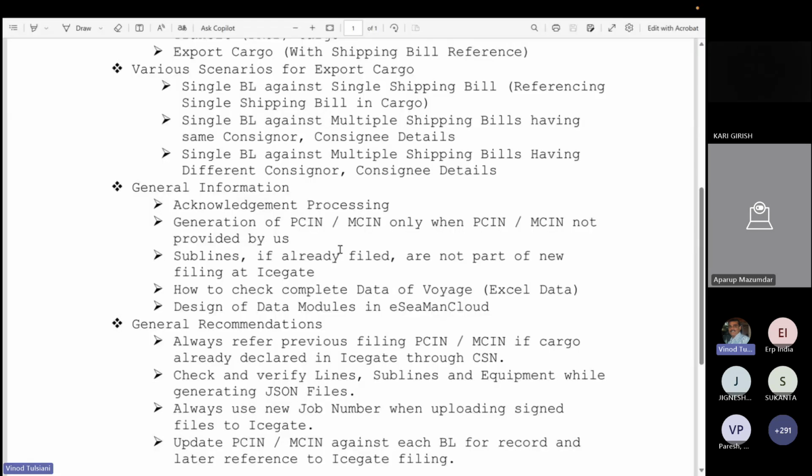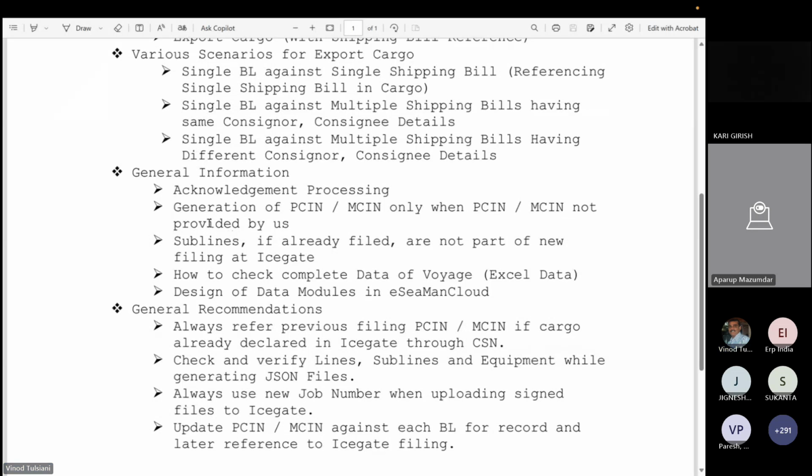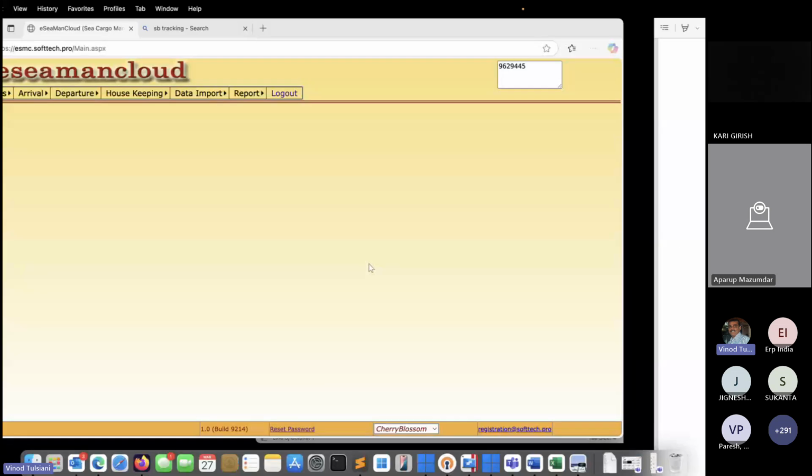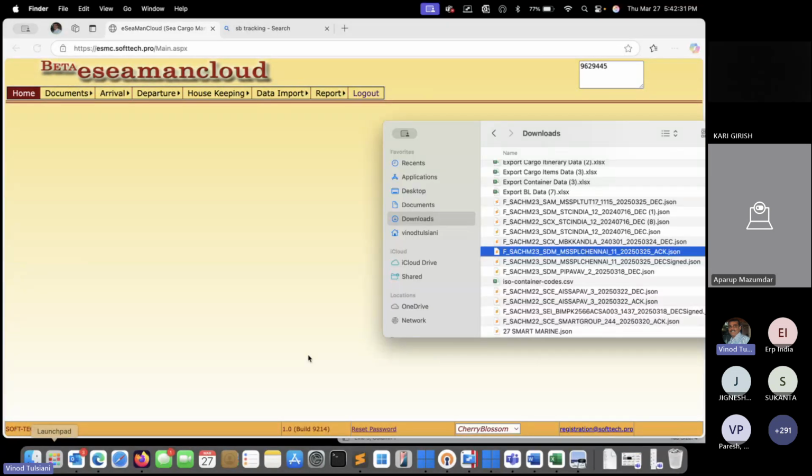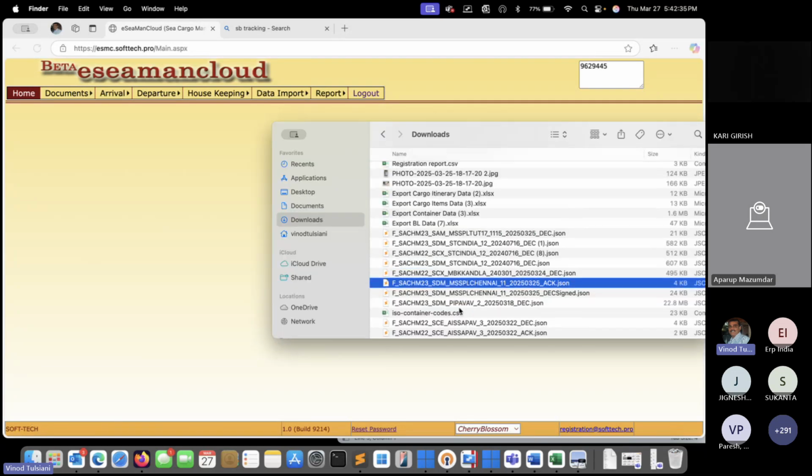Okay. Now the next is for general information only. That was for processing. Now, generation of PCN and MCN number. This is very much important actually to understand how the IceGate acknowledgement process is